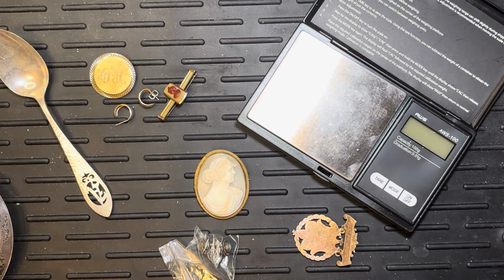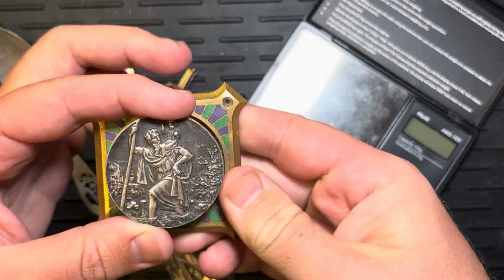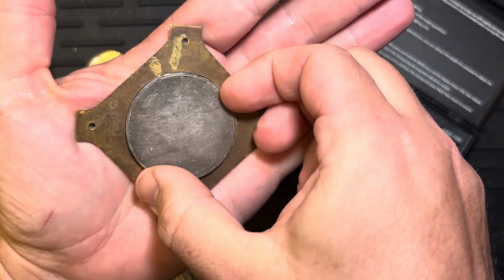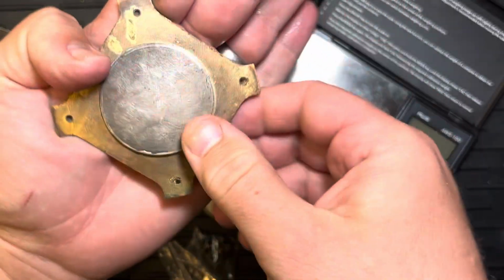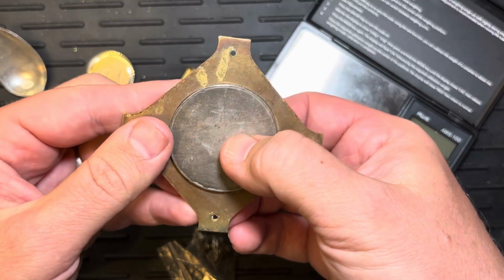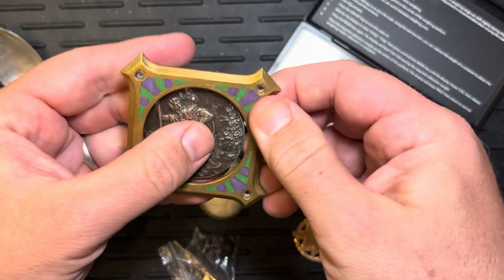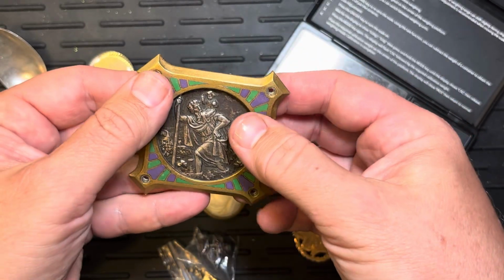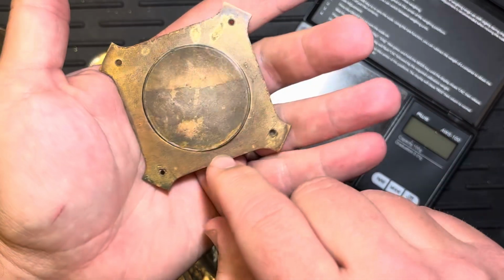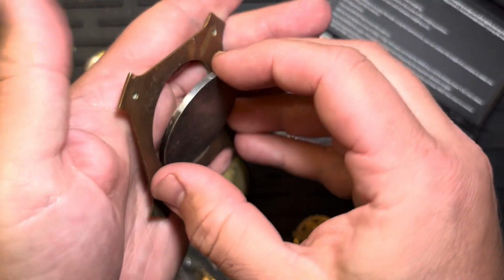Okay. So a couple things I should note. I forgot about this. This, I believe, is a St. Christopher, like a St. Christopher medal that I think you mount to something, like maybe a boat or a car. And it fits. It actually does fit in there, despite my inability to put it back in. And I thought this might be silver. You know, it's not marked. There's no markings on it. And I'm not entirely sure what it is,